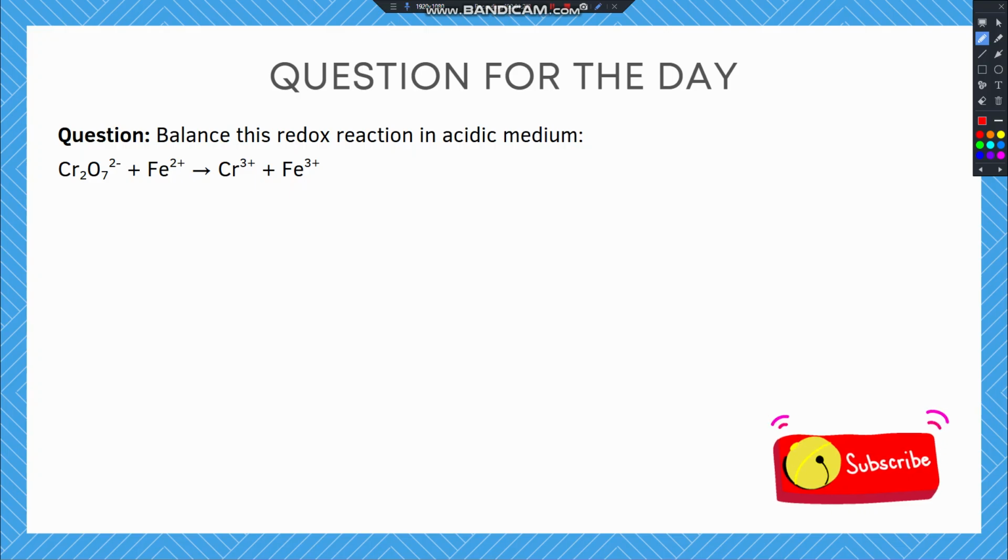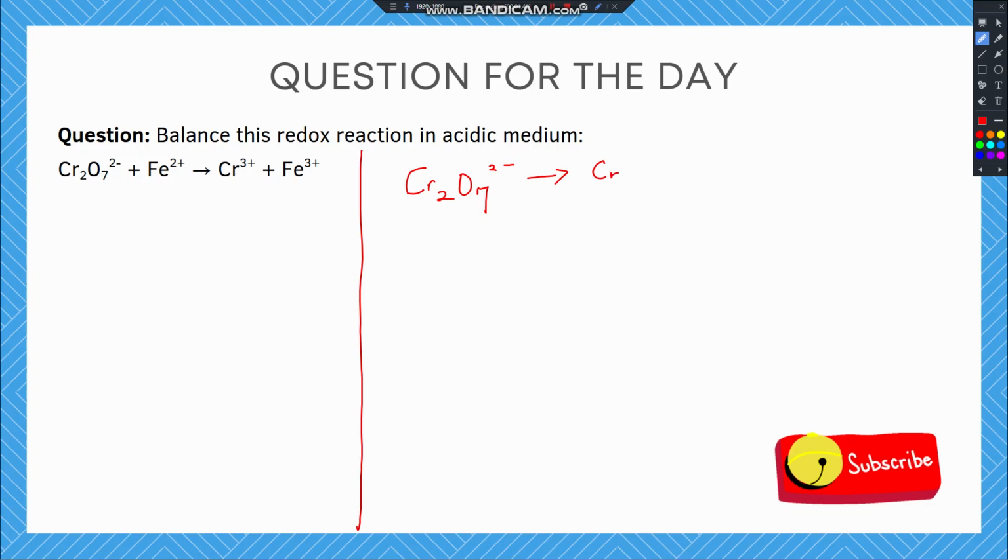To split this, we have the first half, which is represented like this: Cr₂O₇²⁻ giving us Cr³⁺. And then we have the second half, which is Fe²⁺ giving us Fe³⁺. So now that we have the first step taken care of, the next step says balance all atoms except